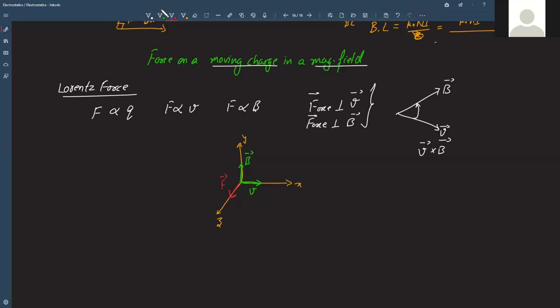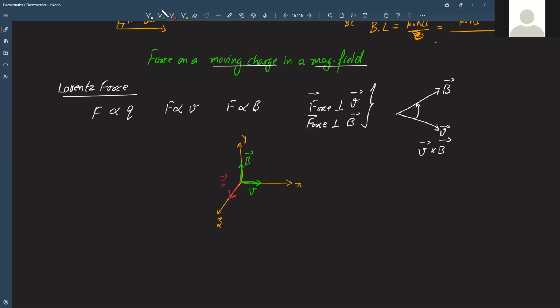Now, in order to understand this, if we have to apply the left hand rule, you have to spread your thumb and the next two fingers properly, and you will see that they are all perpendicular to each other, right? The force will be given by the direction of your thumb. The first finger will always be in the direction of the magnetic field.